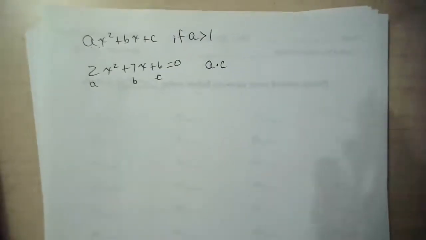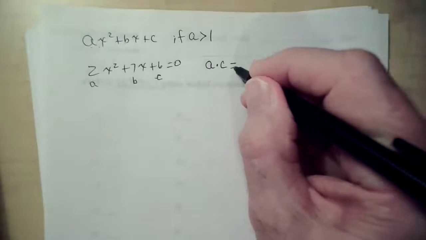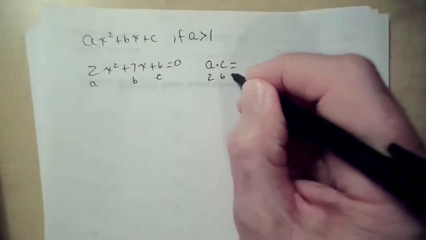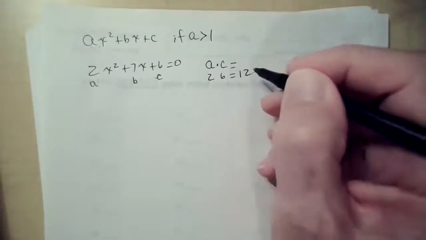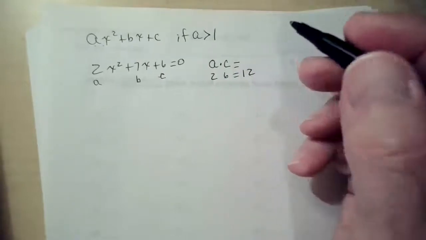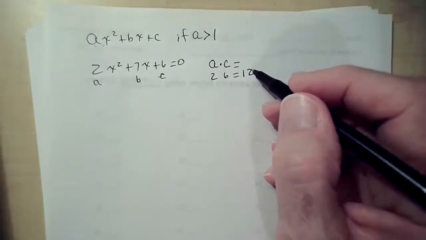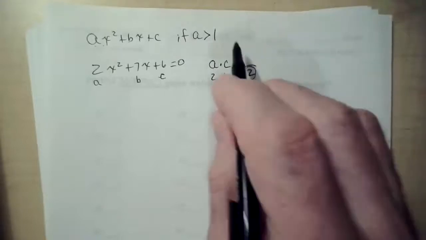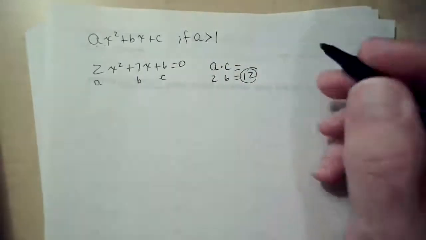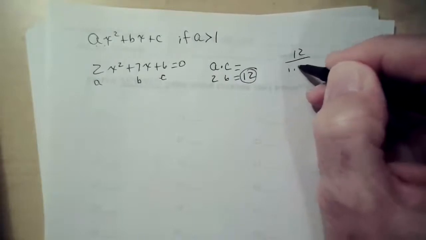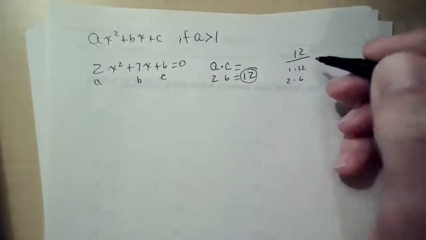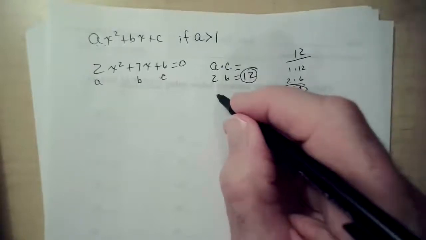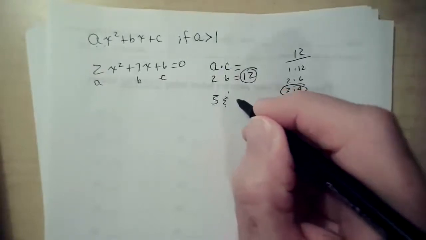I know this seems real difficult, but believe me, it's really not. It's just a different procedure. Now our A is 2, our C is 6, so that's going to equal 12. Now, what we want is the factors of 12 that add up to 7. 1 times 12, 2 times 6, 3 times 4. There it is there, right? So 3 and 4